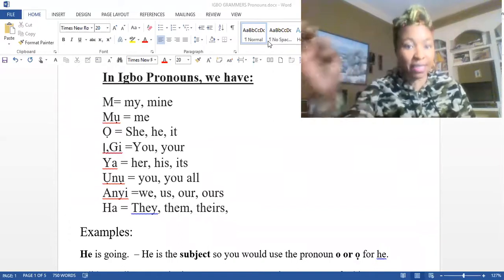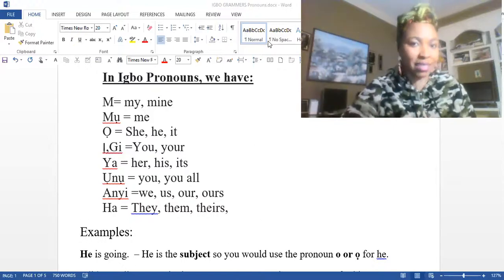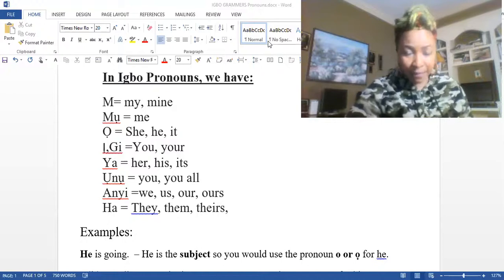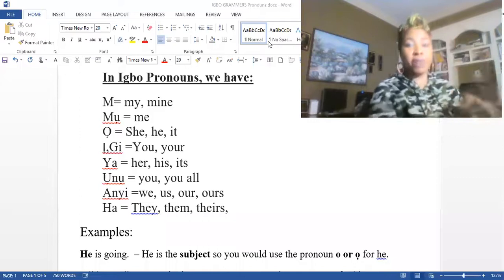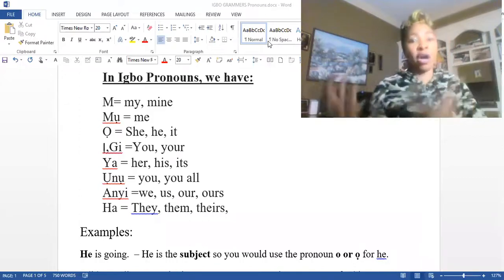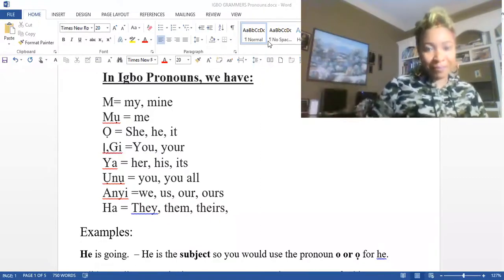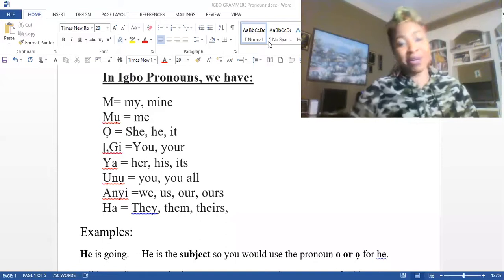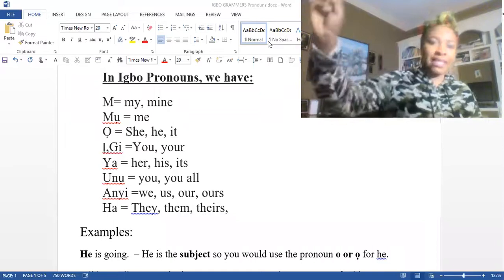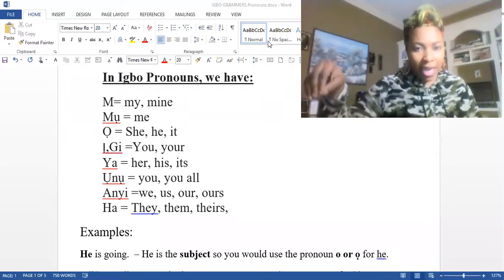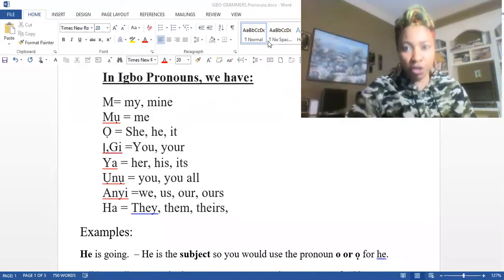Whenever I'm saying something and you think that you're still confused, write it down. Always come to the class with a pen or pencil and paper or a notebook. Just designate one notebook for Igbo class. That way you don't lose your paper, because if you come with a piece of paper, you write it today, the next week you might lose it. You start looking for it. Get one notebook, write "Igbo beginner lessons", okay? And then every time you have class, come with that notebook.